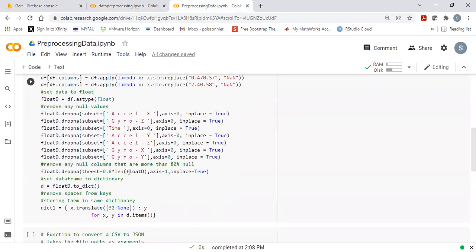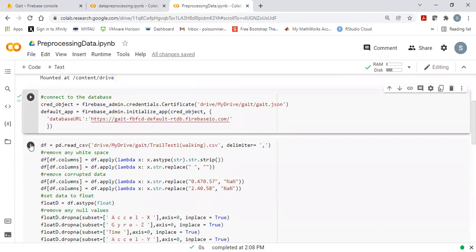And then right here, I also created a line that drops any columns that are more than 80% null. Right here, we're setting the data frame to a dictionary. And then in here, I'm removing spaces from keys and storing them in the same dictionary. So if we play this,